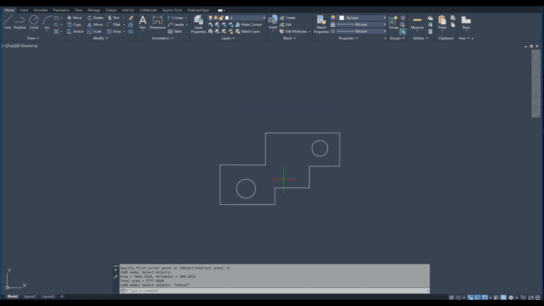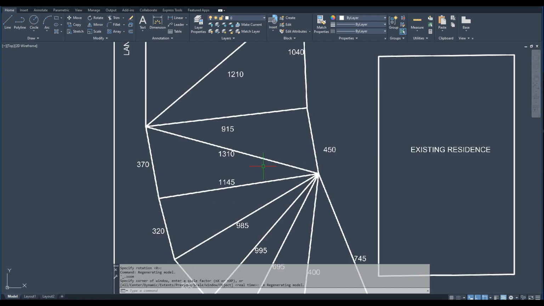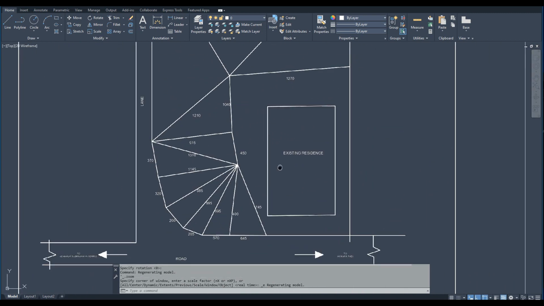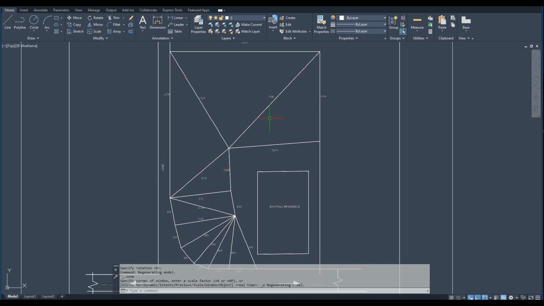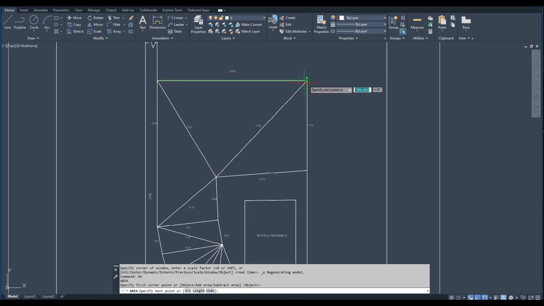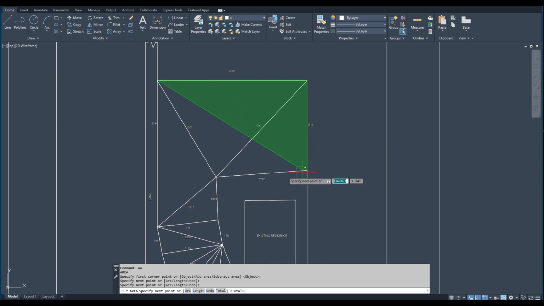Now let's try to do one more thing. Assume that we're having a site here. This is the existing residence. So if you want to find the total area of this plot, you can go for area, then pick all these points: first, second, third, fourth, fifth,